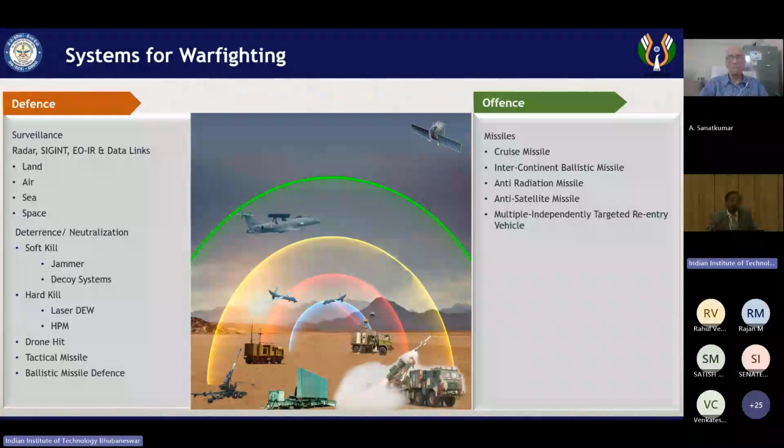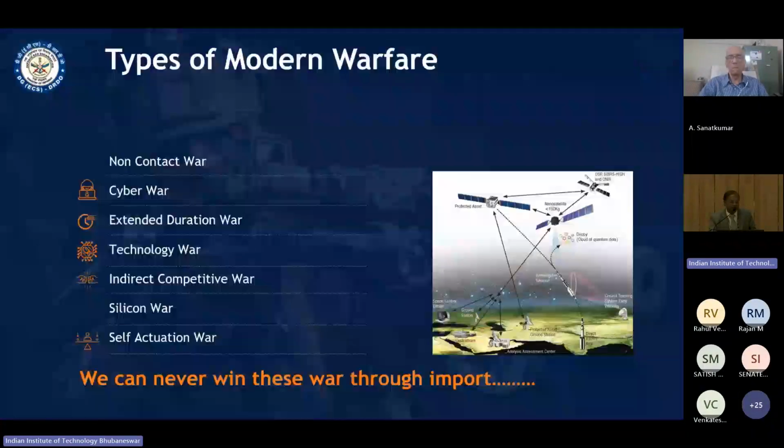And today, as a country, we are so confident that the technology has matured so much that we should be able to safeguard all our space assets. That's going to be the future of the war, which we have to define. Yeah, if we quickly go through the modern warfare today, cyber war is going to be one of the very, very important wars. I explained to you a few minutes back.